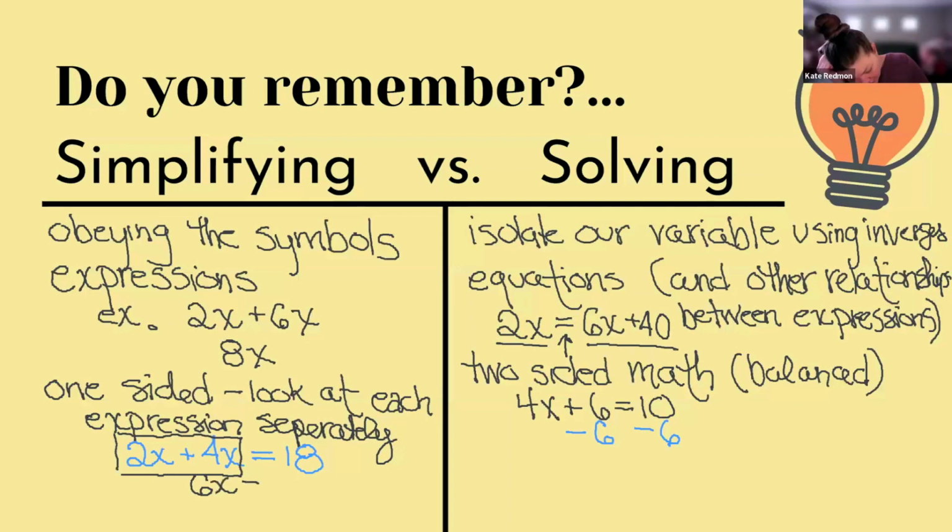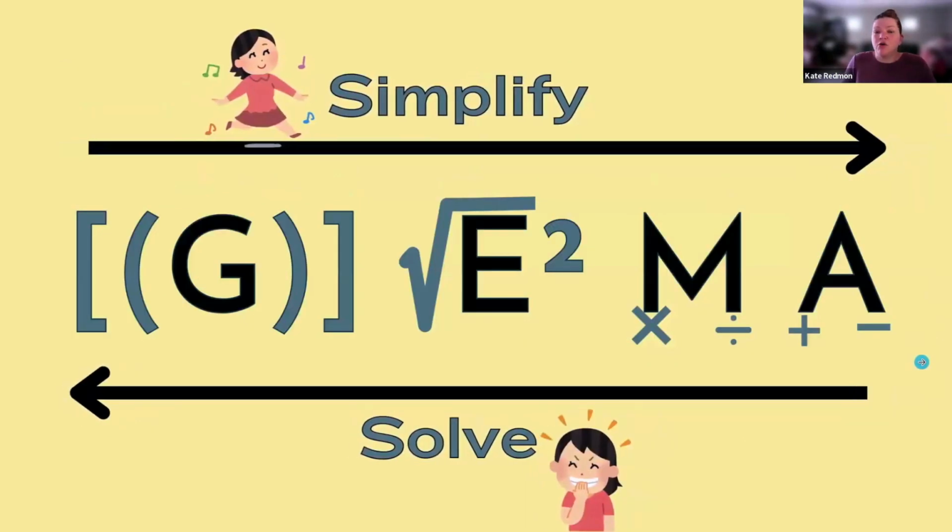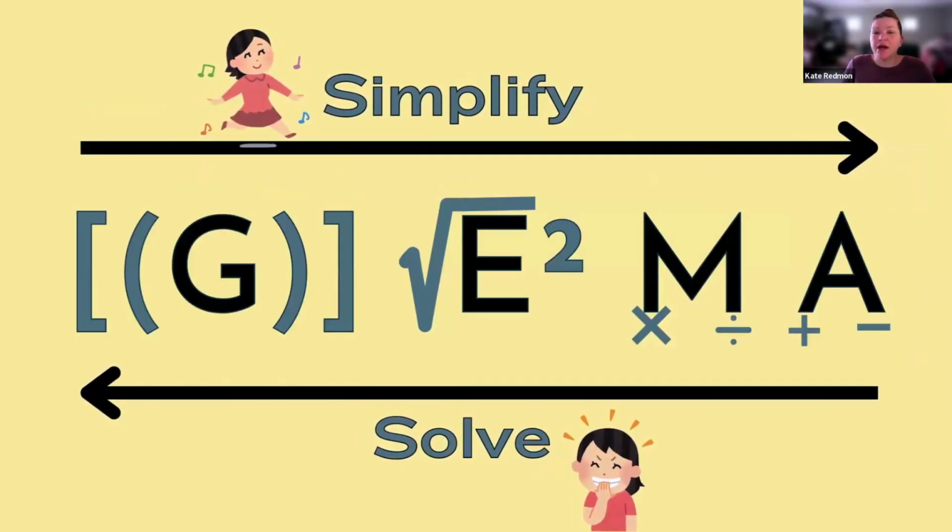Beautiful. And now look at that. 6x's is equal to 18. I'm done simplifying. There's nothing more I could do on the left or the right-hand side, but I can now solve that. I can work backwards on both sides to get the letter alone. I can see those two big algebra worlds of simplifying and solving coming together today as I mix them up. So one more thing that I wanted to remind you about simplifying versus solving was how